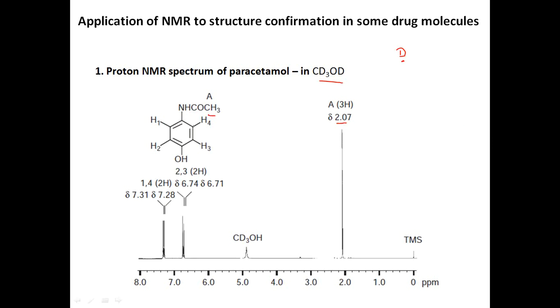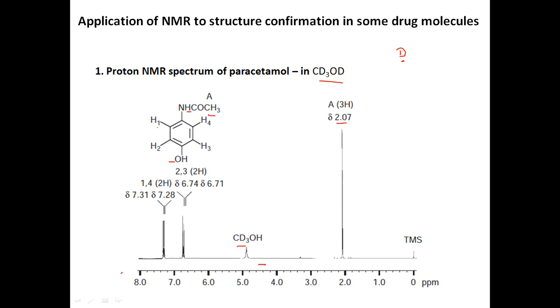Then you see a solvent peak, that is the OH group here. It is undergoing proton exchange if it occurs, so methanol-d4 shows a peak around 4.8. Because deuterated methanol is in use, the NH proton is not visible in the NMR spectrum. If it had been CDCl3, this NH proton would have been detected in the region between 4 to 5. This OH will be seen beyond 9 if it is CDCl3.